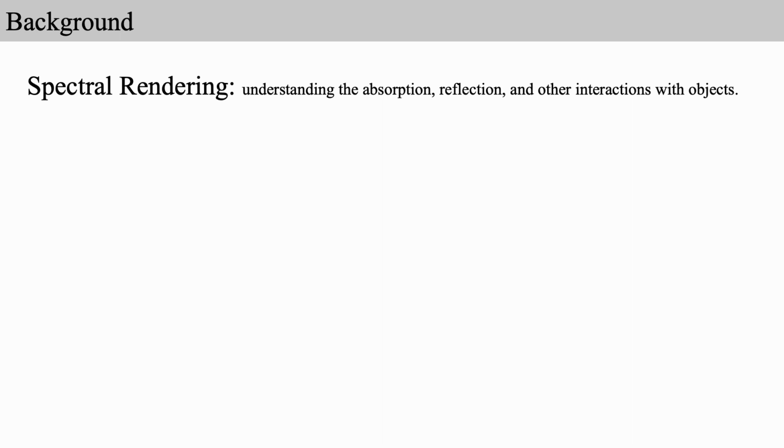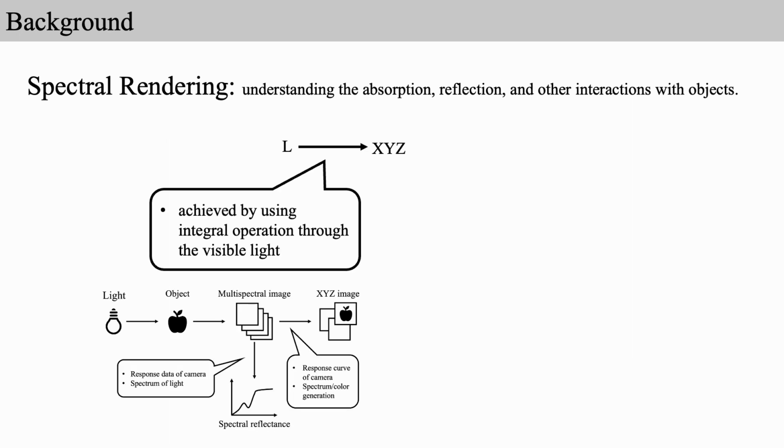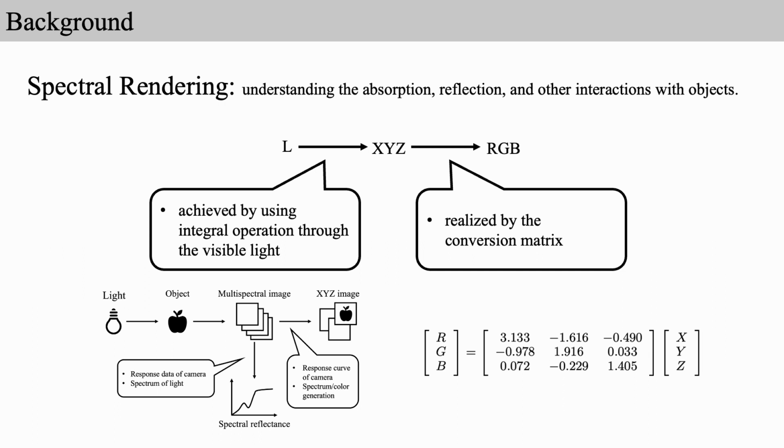Conventional spectral rendering involves two transformations. First, from the spectral power distribution L to the XYZ image, achieved by using integral operation through the visible light. Second, the XYZ image to the RGB image, realized by the conversion matrix. Based on the transformations of L to XYZ to RGB, physically based spectral rendering has been widely researched over the